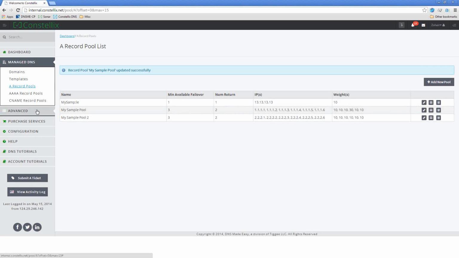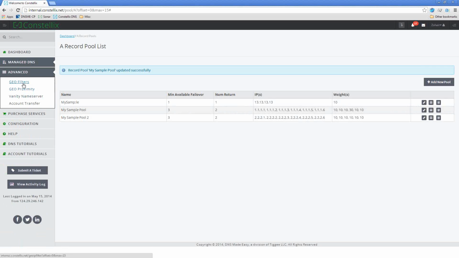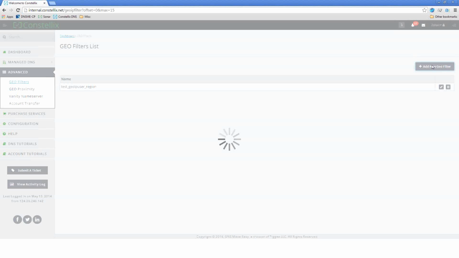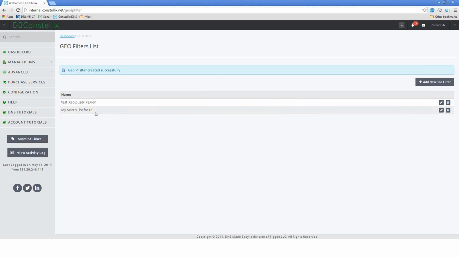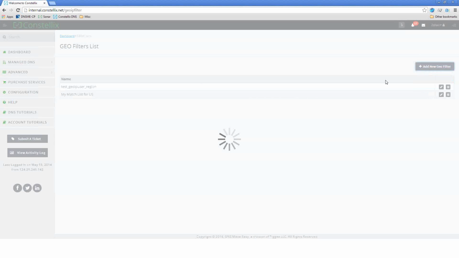The next feature I want to show you is the Geofilters and the GeoProximity. So what Geofilters allow you to do is they allow you to specify particular regions or different countries or even individual states. So if I go to North America, and then if I choose United States, in the future we're going to be able to drill down to individual states. I can say, okay, everybody in the United States, I'm going to call this, and so the United States goes there. If I want to add another filter,